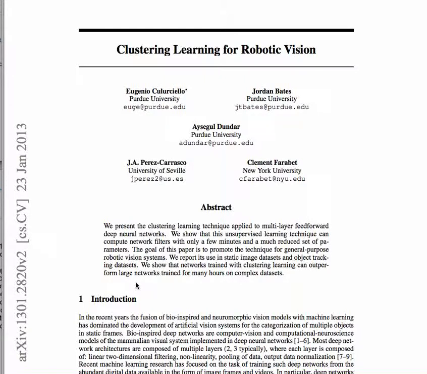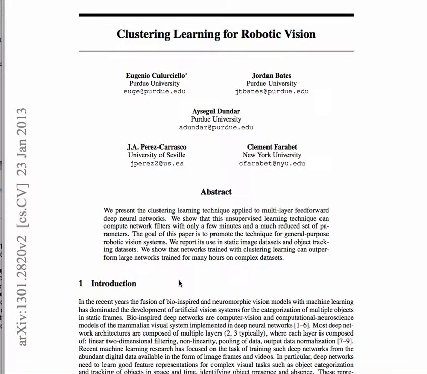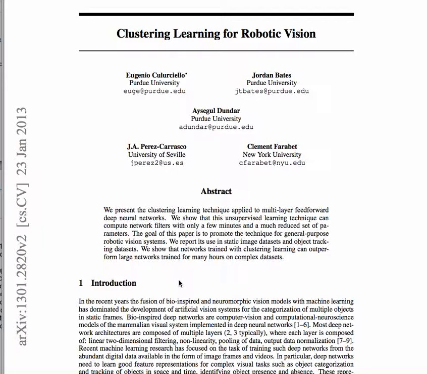What we were more interested in was a simple, unsupervised technique that is simple to implement and to understand, and has the power to learn hierarchical networks, so that it can be used in a robotic vision system where, for example, you don't have a data set, or you don't want to have a specific data set to begin with, but you want to learn the data set on the fly as you progress. So I recommend you all read this Clustering Learning for Robotic Vision paper and the philosophy behind it,